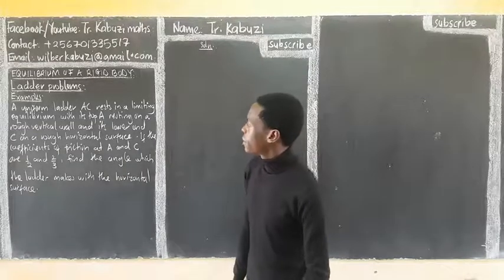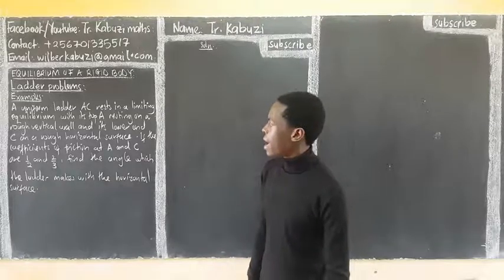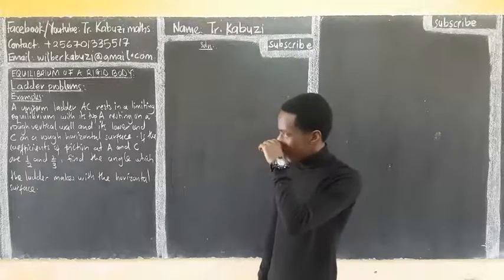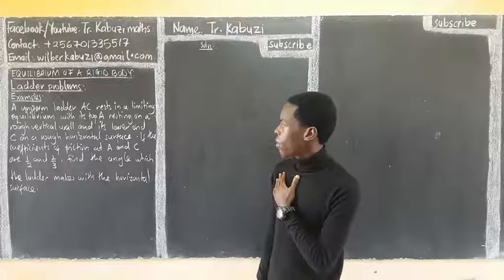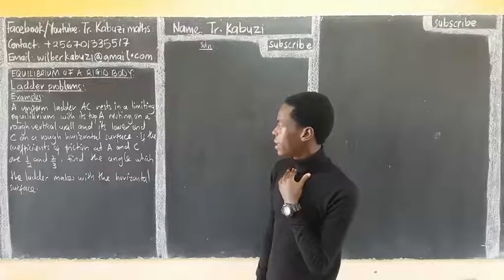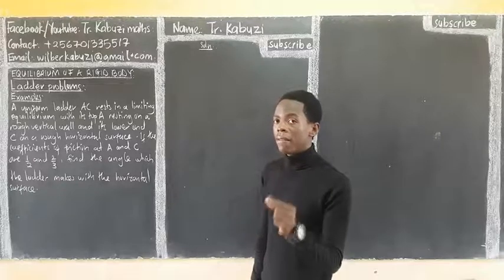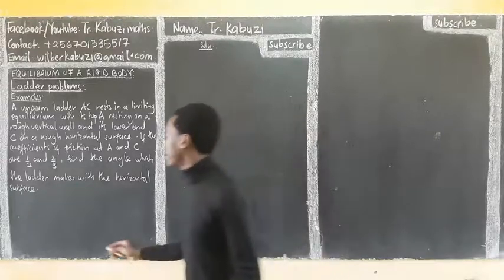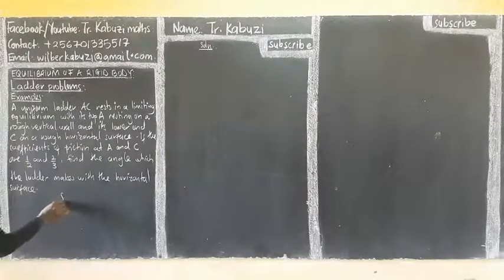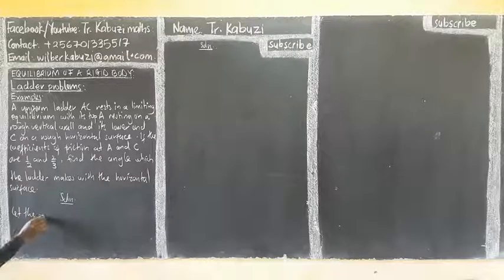If the coefficients of friction at A and C are half and 2/3, find the angle which the ladder makes with the horizontal surface. So they are not giving us length, they are not giving us weight. So we start with that. We say in our solution, let the weight